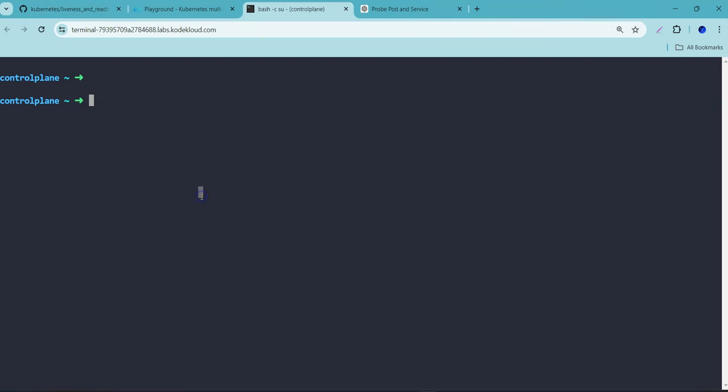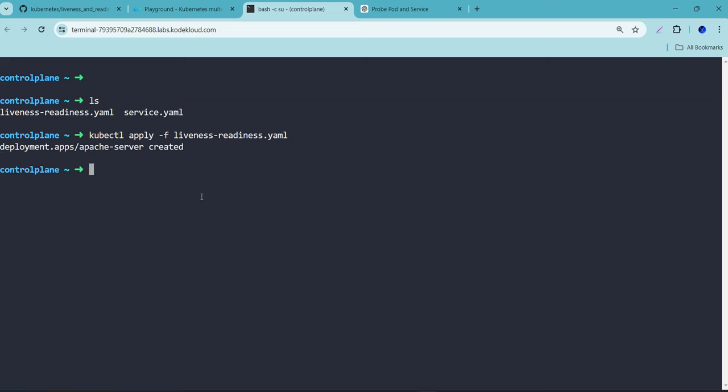Alright, now let's go and apply our manifest files. First, we are going to apply kubectl apply -f liveness and readiness.yaml. I haven't made any changes. It is going to work as it is, nothing but it creates the pod and it is absolutely fine. There are no failures in the liveness or readiness probe. Next, I'm going to apply kubectl apply -f